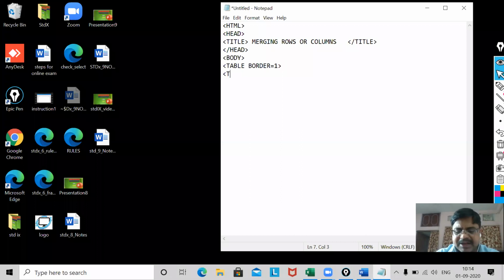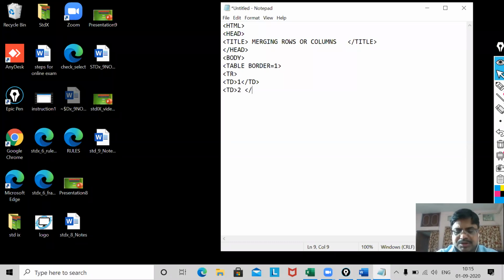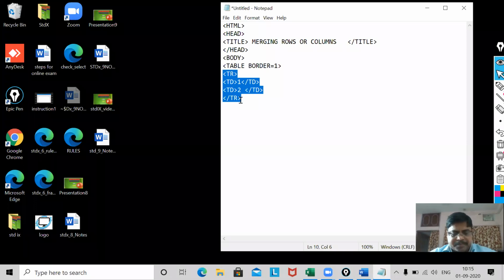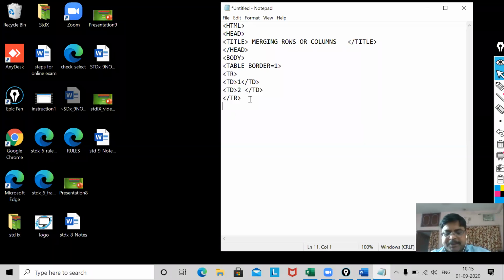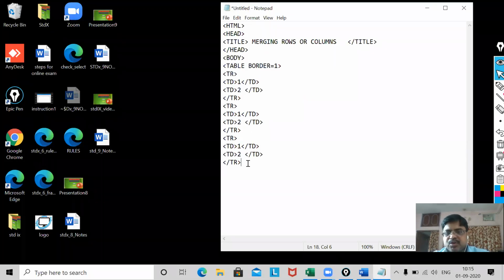First of all, let me write the coding for a simple table. tr, td 1 slash td, td 2 slash td, slash tr. Now this is my first row. Now I'm going to copy this for the second row, third row, and fourth row.